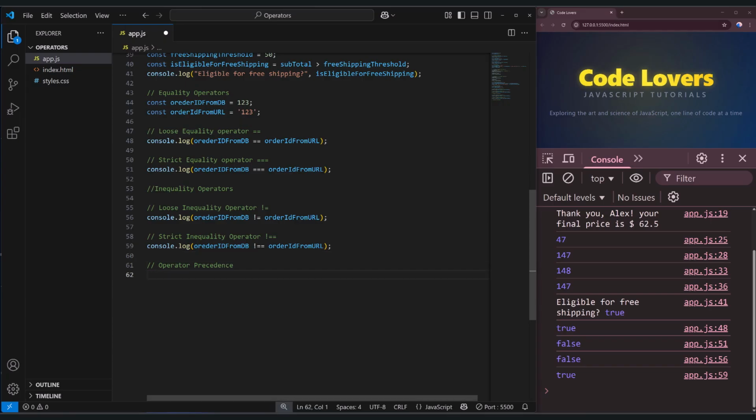Operator precedence. Last but not least, what happens when we mix operators? Let's create a complex calculation. Imagine a special sale. You get a $2 discount on each item and then a final $10 discount on the total. So I write let price = 20;